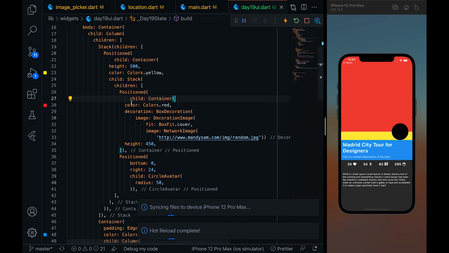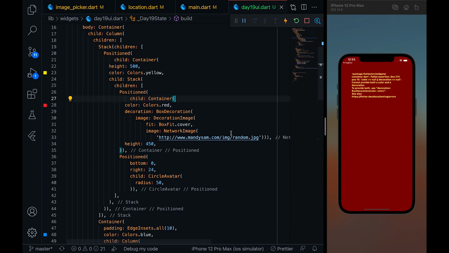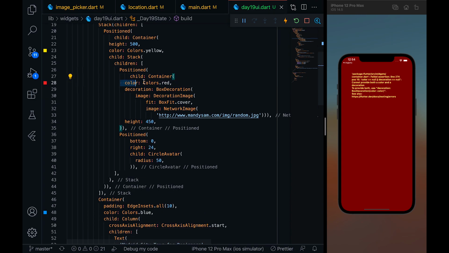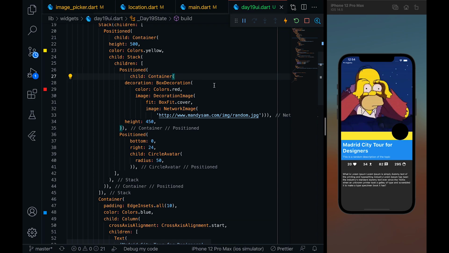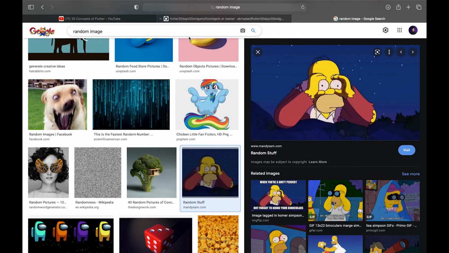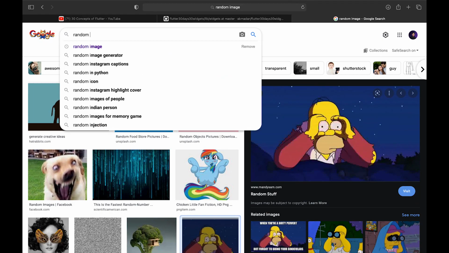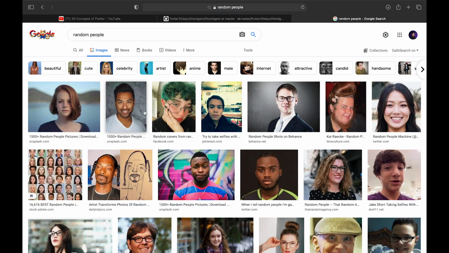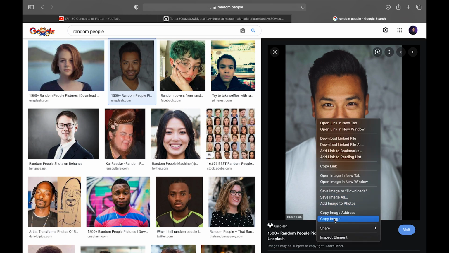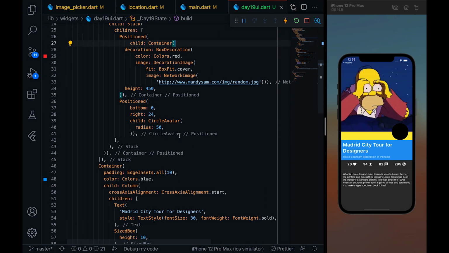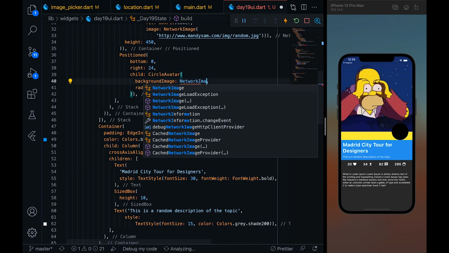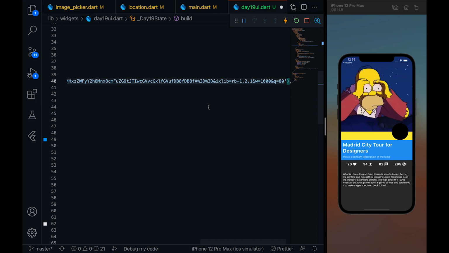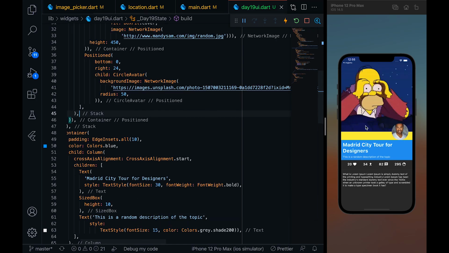and if I just save it, okay, so failed assertion color is okay. So if I'm adding decoration, I can't add color, so let me just cut it and put that color over here. Save it. Yes, so we are getting the image. Now I'll go in internet and I'll type random people and I'll copy this person image, copy image address, and the same thing that I can do is with the circle avatar, background image, network image, and the URL will be this URL. So if I just save it, you are getting the person image over here.